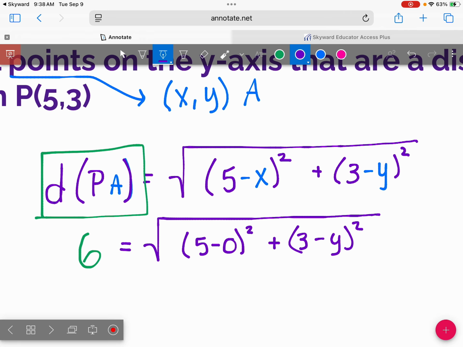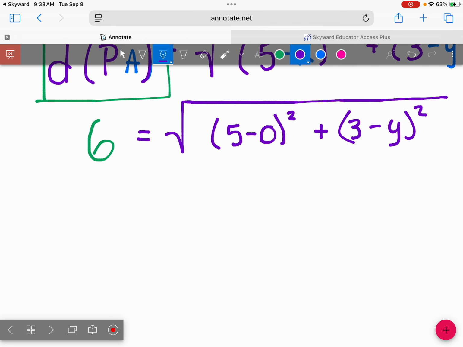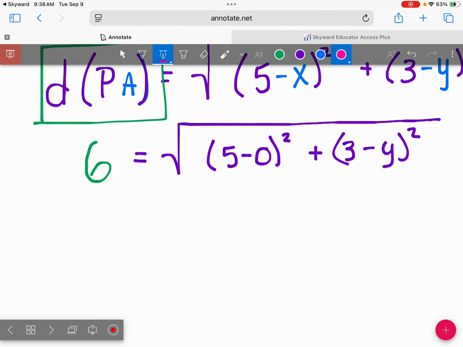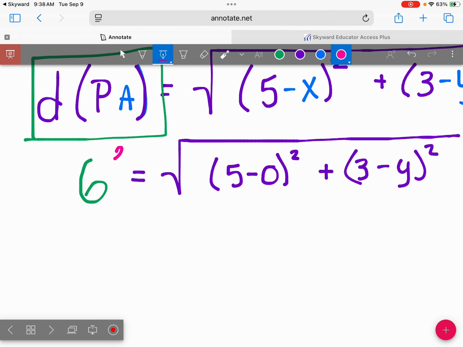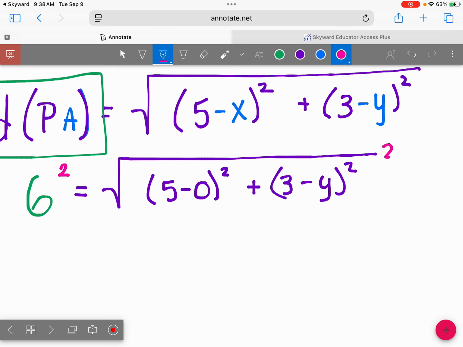And now we've got stuff we can work with. I can get down to a y equals now. We have lots of steps we can do in lots of different orders. So what should we do first? We can square both sides. I can square this side for my 6, and I can square this side to get rid of that square